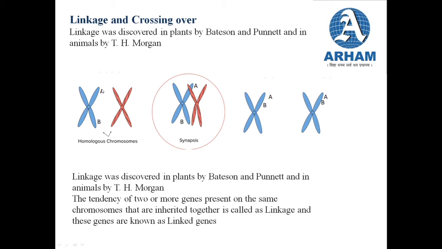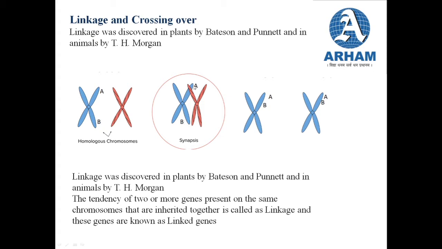Now the chances of these two genes getting separated are more, because whenever a crossing over takes place, the genes will get separated. So we can say that the closer the genes are located, the chances of them getting separated get less. As you can see, this is a homologous chromosome, and these genes are located far away from each other, on two different arms or chromatids. Now if crossing over takes place between these two homologous chromosomes, these two genes will get separated and they won't be inherited together.